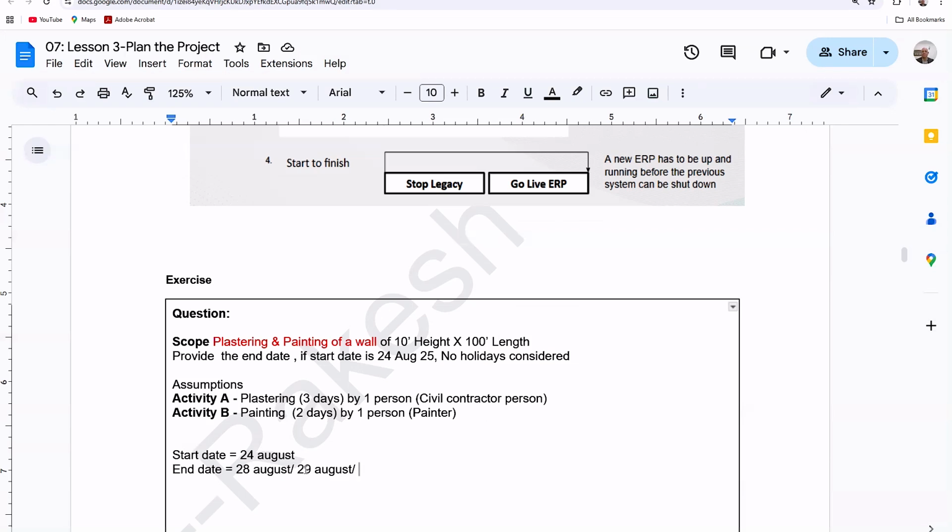Somebody want to change it? You can change this. 3 plus 2, 5. So 24 it is starting, so we have to add 5 more days, no? 24 also we have to consider, no? It is starting on 24. Yeah, that is a confusion actually. So no confusion. 24 means 24 morning, always. And when I say end, it means 5 p.m. Simple rule. So 24, 25, 26, 27, 28. So it should be